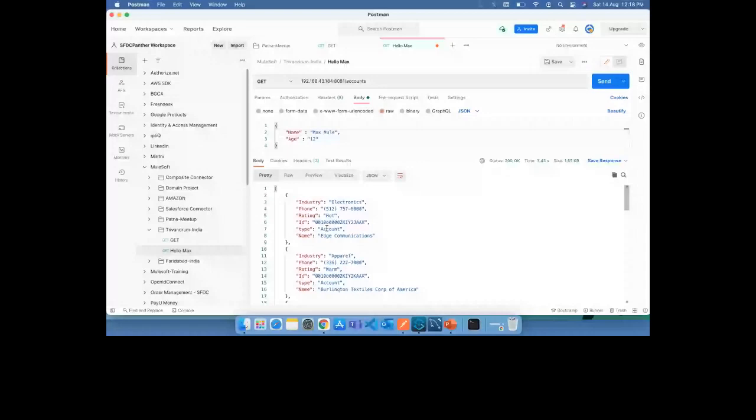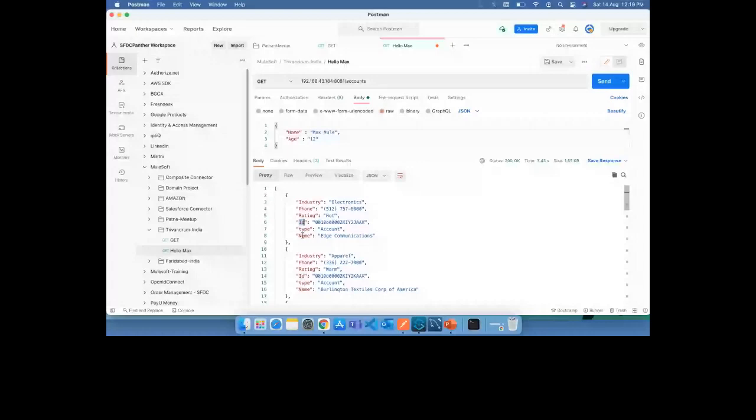These are the records we are getting in the form of JSON, with all the fields we are querying: ID, rating, phone, industry, and name. Type is the addition which tells us the name of our particular record, sorry, object.